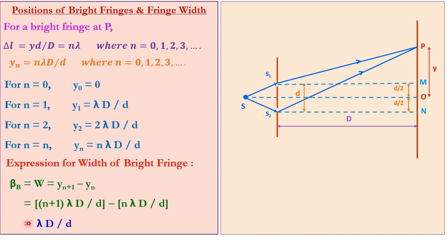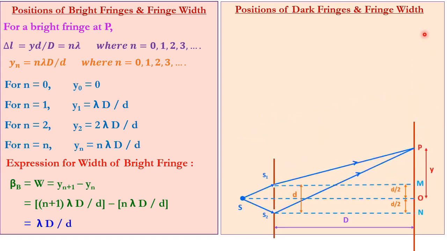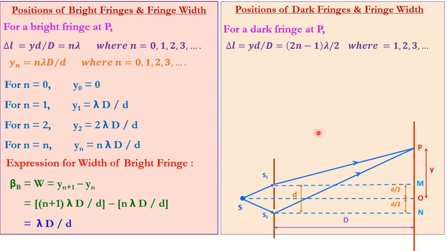Now according to this, I can write yn plus 1 as n plus 1 into lambda D by d, minus yn is n lambda D by d. By subtracting this, we get its value as lambda D by d. If point P is not bright but it is dark, what will be the separation between dark fringes? That also we'll discuss. Now I'll consider P as a dark point, and for point P to be dark, path